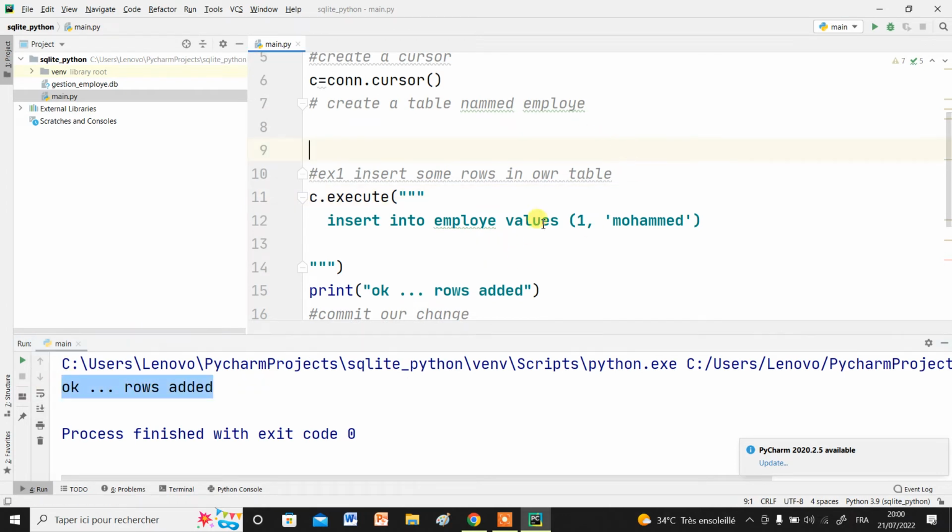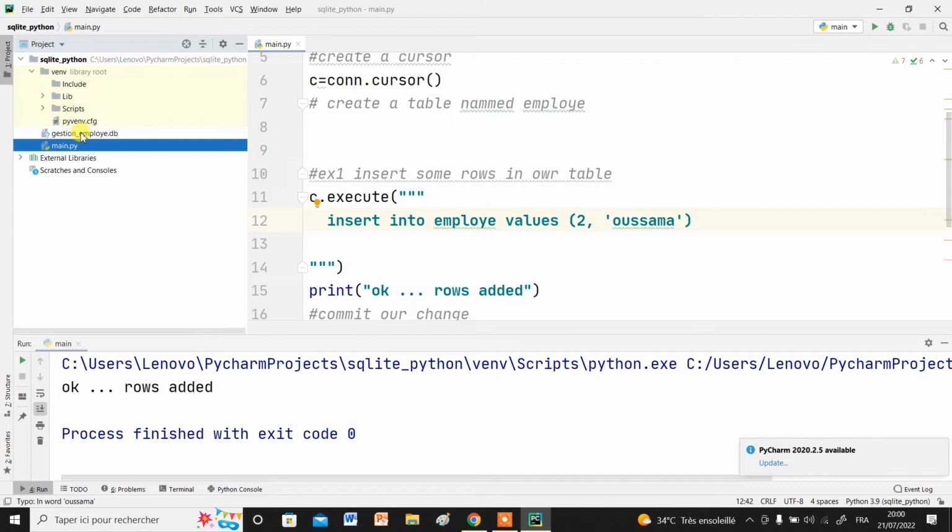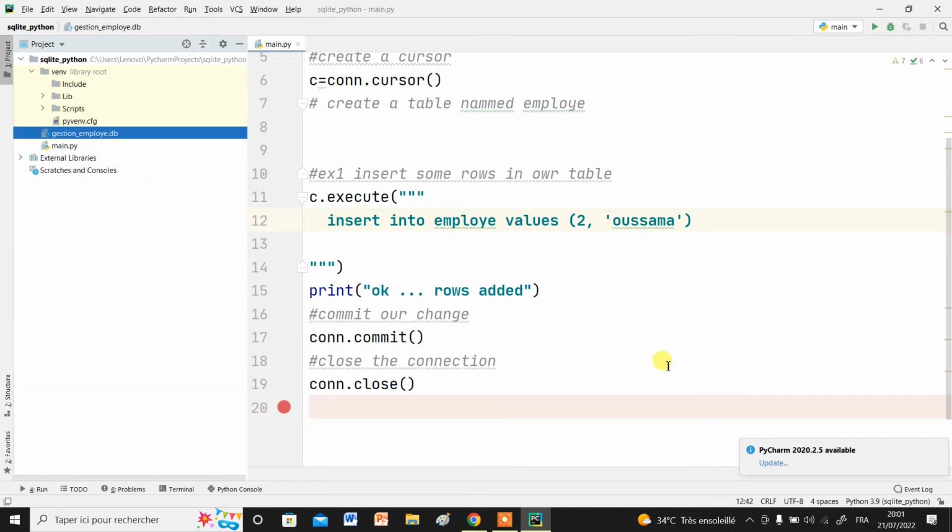We can add a new line, for example, 2, Usama. Try to execute again. Okay, rows added. So if we look at our library, database, script, lab, etc. Now, if we would like to extract all information in our table employee, you can use a fetch method to